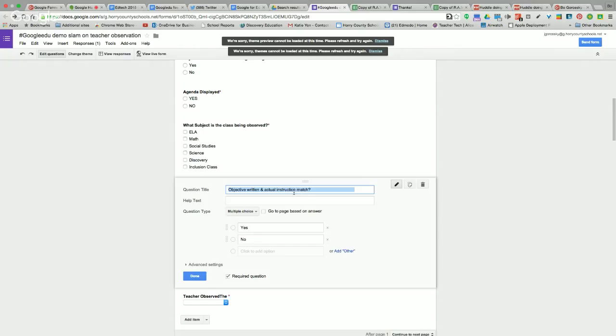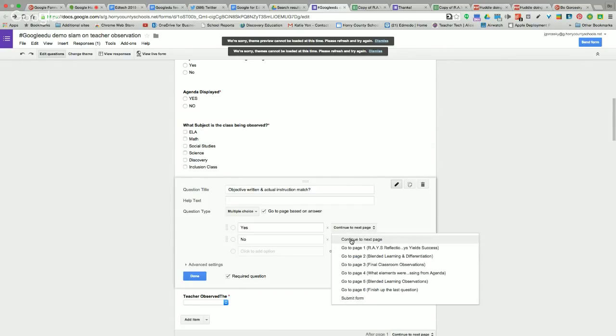In some forms, you can really take advantage of the advanced setting, or you can check this little box for multiple choice, say go to page based on answer. So if you hit yes, it's going to go to the next page. It's all fine and dandy. But if they don't have an objective written, I'm going to make them go to the page about maybe